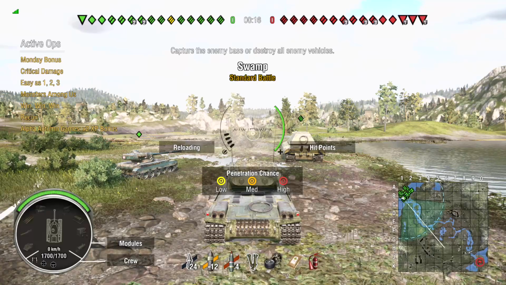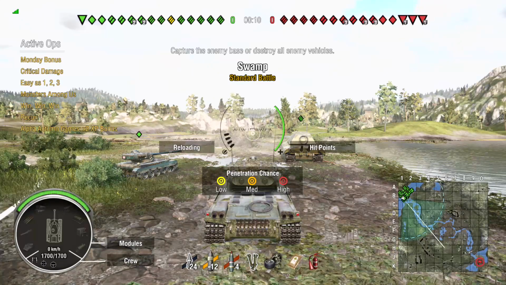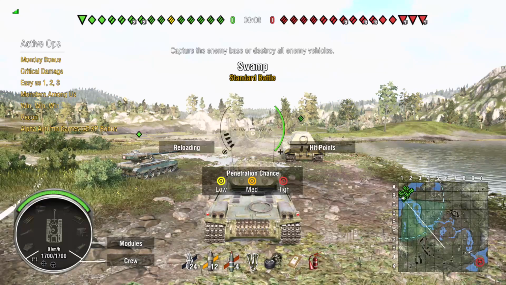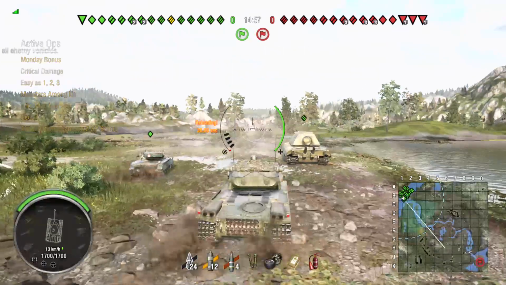Jump into the next game. Next game is going to be on Swamp, and this is one of my favorite maps. Not to mention, when you're looking for games in the Emil 2, Emil 1, or the Kranwagen, you're looking for maps that have good hills or ridge lines that you can work. And Swamp has that, so